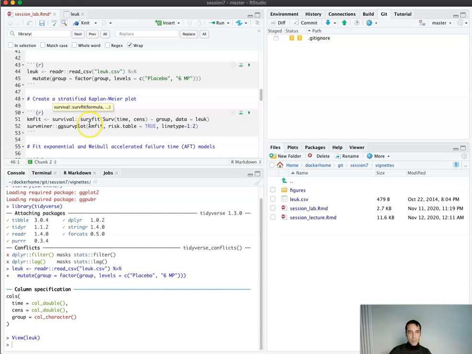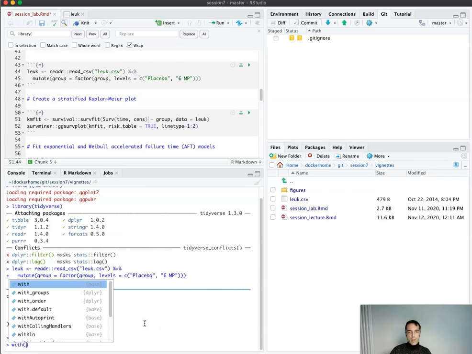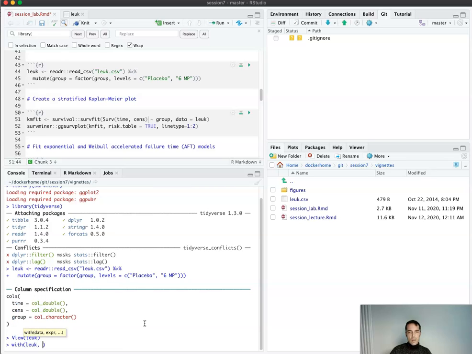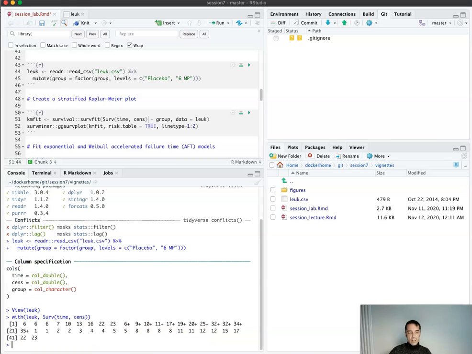For the Kaplan-Meier plot, I use this survfit function. And the y variable here, I have to use this capital S Surv function to create our survival outcome. So just to show you what this means, I'm going to do with Luke, Surv time censor. It creates this object that has pluses by the censored event. So if I were to look just at Luke,